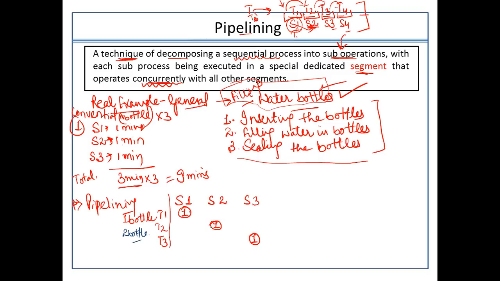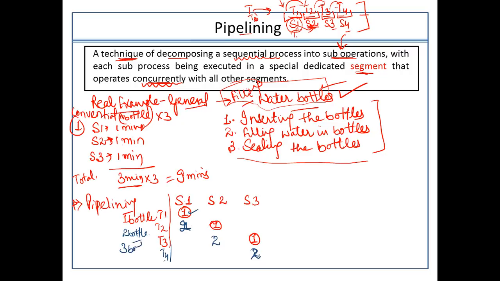Once it steps into this particular stage number 2, once the second clock pulse arrives, it will inject into segment number 1, because segment 1 is free now, having done the job of the first bottle, right? Now it will proceed with segment number 2. So once segment 2 is done, in the next clock cycle, the second bottle will be injected into stage 2, right? And in timing signal 4, it will be injected into this particular stage. Similarly, this is happening in the T4 clock cycle.